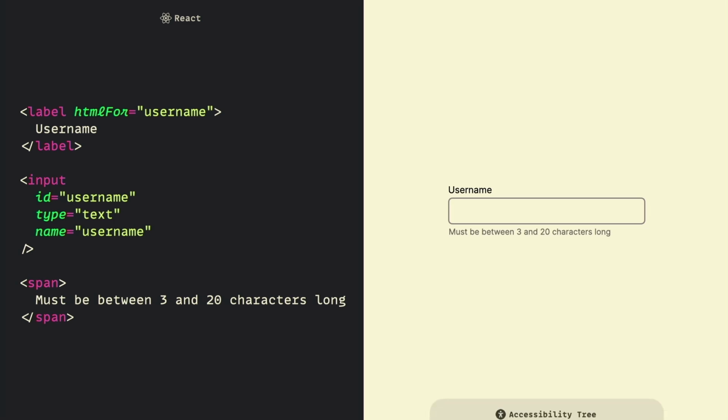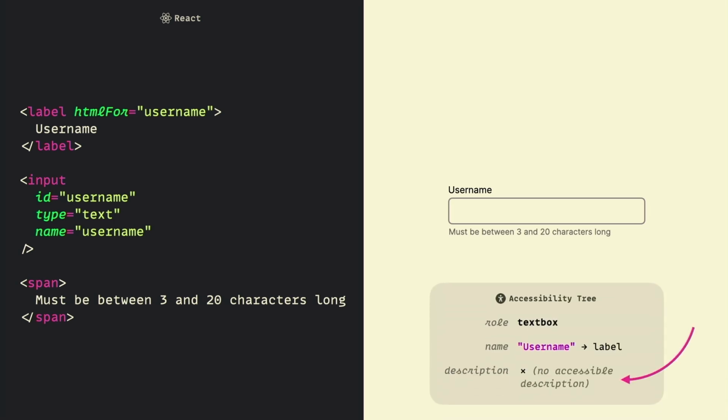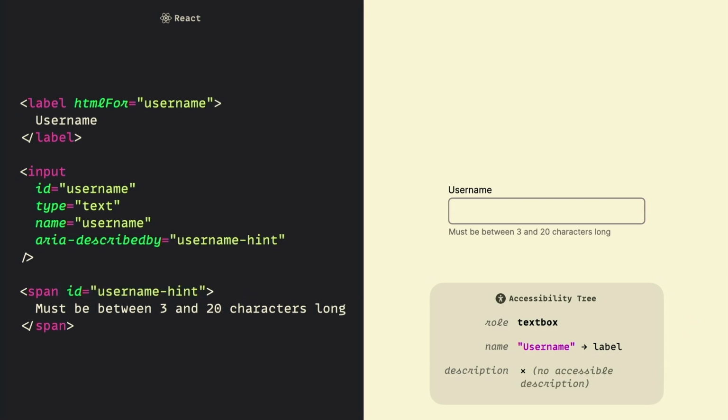What I didn't mention is that they can also have an accessible description, which would be empty by default. We can set it using ARIA. We can set an ID for a span containing the description and then connect it to the input using the ARIA described by attribute. Then, contents of the span will be used as an accessible description, which is typically announced to the users after a pause, like this.